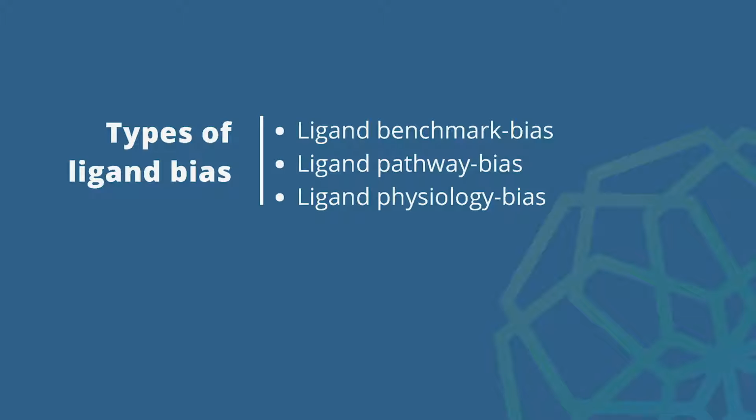And finally, the third type of bias is what we call benchmark bias. It doesn't convey pathway bias or physiology bias. It merely compares a difference relative to the reference, which is often an interesting drug or a highly used tool compound. So what you're really looking for is how your tested ligand differs from this drug or from the tool compound.